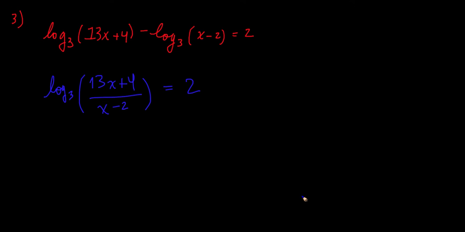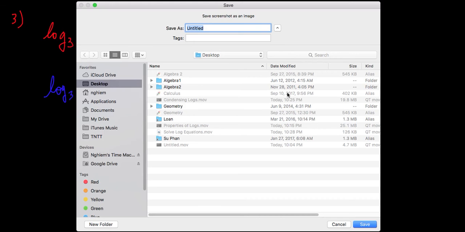Now you might be thinking, well, normally we condense logs on both sides and set the inside of them equal to each other, except in this case it's a little bit different because we don't have a log on the right side. So we're going to apply another technique here, and I like to call it just converting